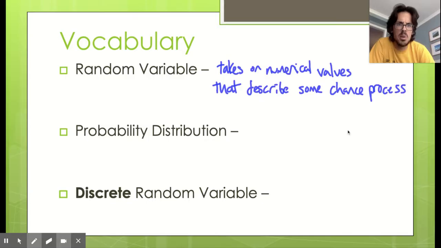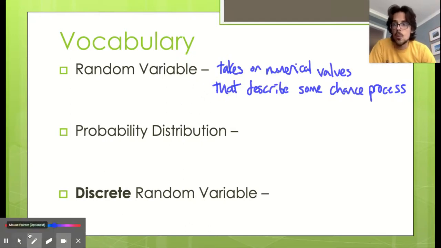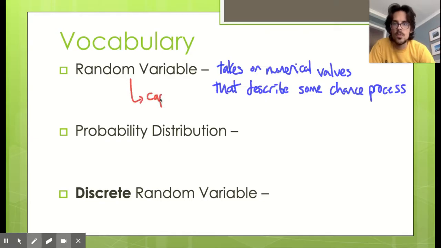Now, even that definition, when you read it, like, what does that mean? It's still kind of unclear, in my opinion, what's going on. A random variable is basically a tool we use in statistics to count something or to track something. So you guys know how we use variables in math in general. I picture random variables kind of like super variables that we use to track stuff related to probability. So for example, I could look at a random variable. And by the way, just like with probability, we use capital letters to represent random variables. I may be interested in knowing how many of you did your homework last night in class, so I